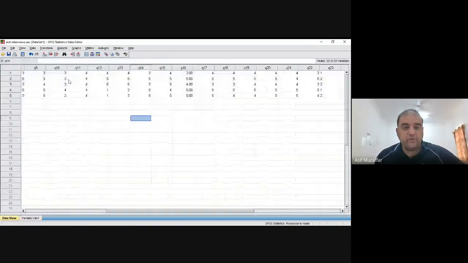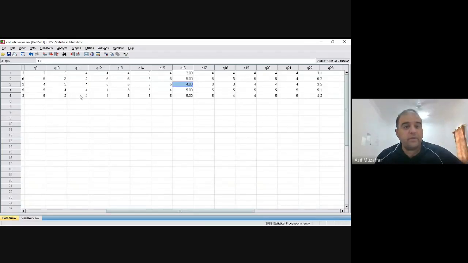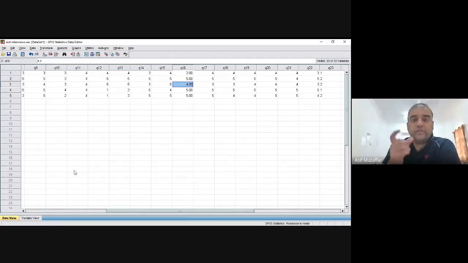Now SPSS knows what these 1s and 2s and 3s and 4s and 5s mean in the data. Otherwise, SPSS doesn't know what is 1, 2, 3, 4, 5, for which question. You can have different types of questions. Now these numbers make sense. When you generate any report, the numbers will not come. The label will come, like strongly agree or disagree or neutral, or is it male or is it female or is it your education. It will come here.